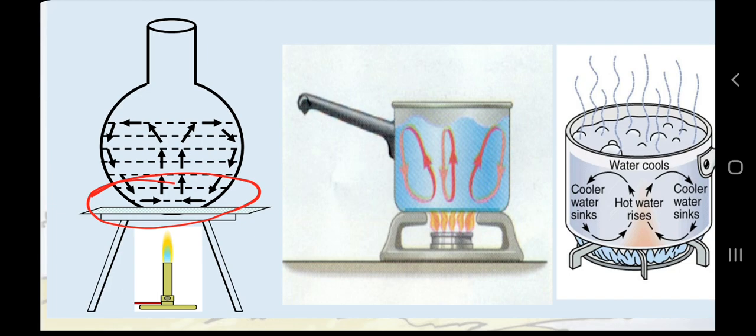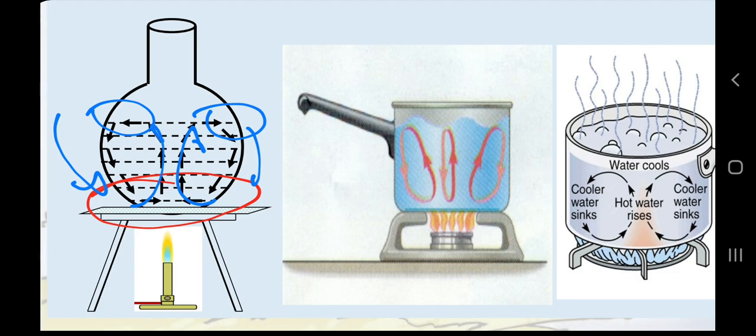You have also studied in social science, when you learnt about weather, climate and wind flow, that the areas which are hot on the surface of the earth become low pressure areas because of the rise of air. The same thing is happening here. Those molecules go up, and the cooler molecules which were on the surface go down, and this is how this liquid is heated.